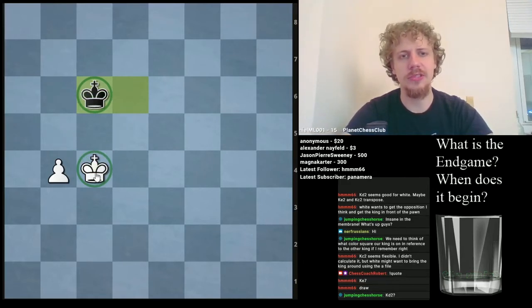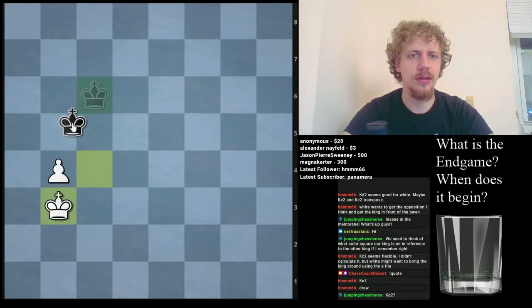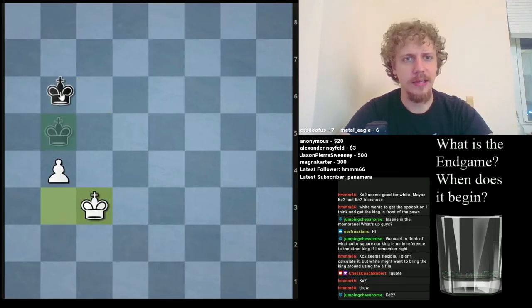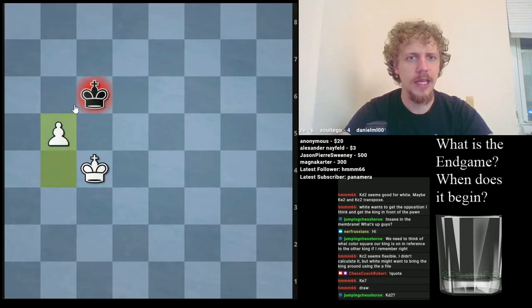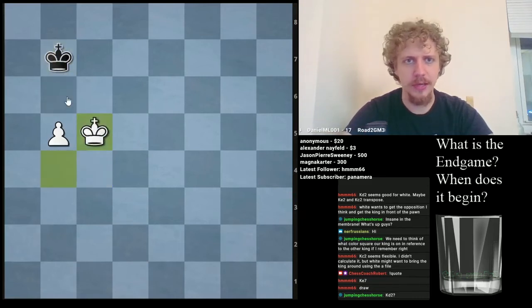So since they have the opposition, white has to move around, but they have this pawn in the way. So if they go back, then black comes up. And we can actually make some superficial progress. Like if we go here, black has to step back. We go here. And we can start pushing the pawn. And we can repeat this algorithm where we create the same position but farther up the board several times